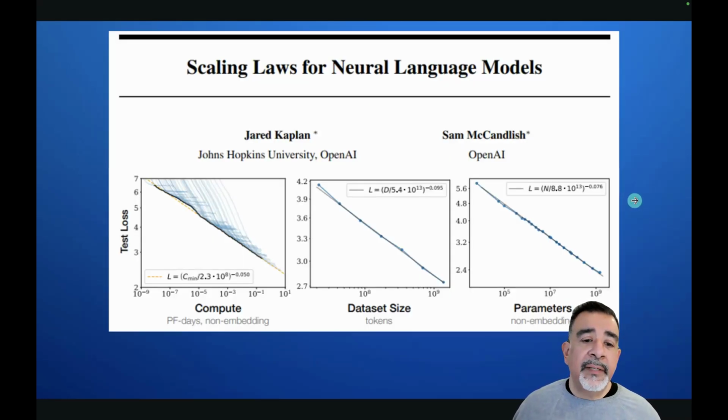So how is this happening? Well, it's been determined that the more computing power that you add along with data creates more and more intelligence. You'll see here on the left, you see where it says test loss.